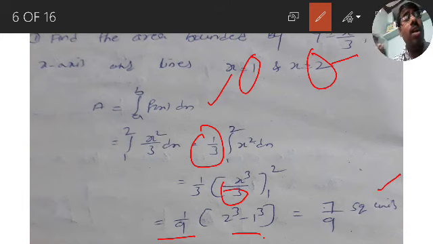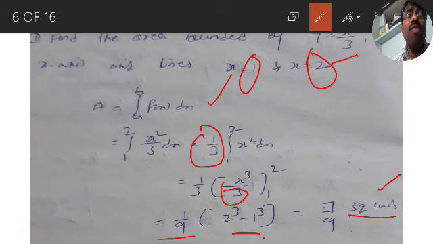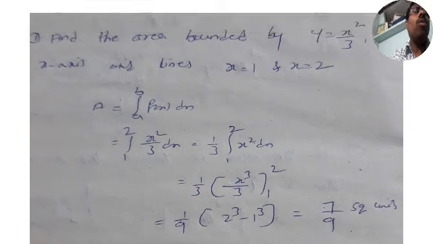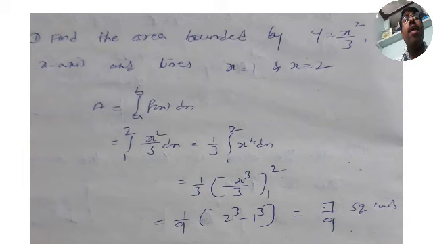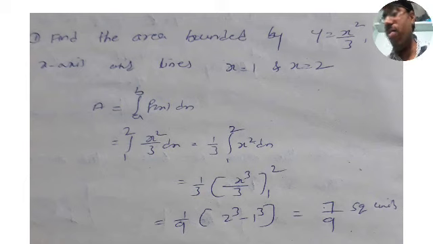Since we are finding area, the units must be square. If it is centimeter, we say centimeter square, if it is meter, we say meter square, like that. Say square units. For any unit, it should be square, because we are finding area. So this is my first problem. We found the area bounded by the curve, the x-axis, the line x equal to 1 and the line x is equal to 2. We got the answer 7 by 9 square units. Are you getting, guys? This is my first problem.